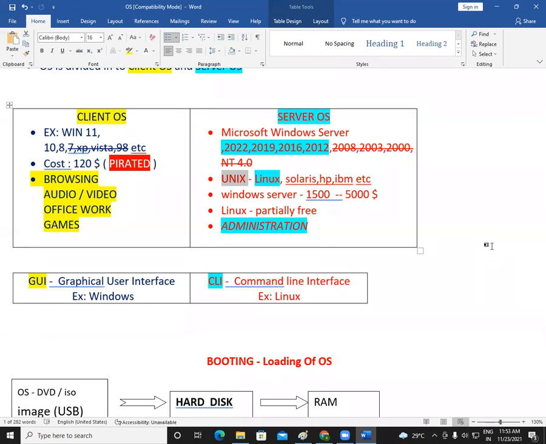So if there is a problem in your Linux server operating system, you should take support from the Linux people, and then they charge some money. So anyhow, we have to pay money at some point. It is not free forever. Using it is free, if you know how to operate it. But whenever there is a problem or you need some updates, then we have to pay some money and get some support from that particular Linux.